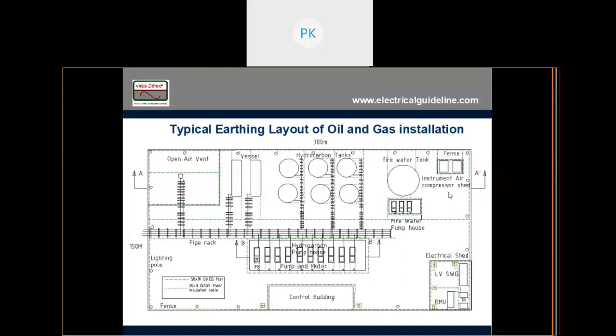Then see, the instrument air compressor here is a package item. So all package items need to be earthed, because inside the package item you are having motor or lighting, all those things. So just give two earthings to the package item. Internal earthing will be taken care of by the vendor of the item, whoever is supplying it. Then I'm having an electrical switchgear room, which is having a ring main unit, transformer, LV switchgear, all those things. Now earthing of that I have explained previously. Now you see what happens in these sorts of places. Because of a big area, you will get a resistance much below 1 ohm. You may get 0.5, 0.2 ohms or like that.